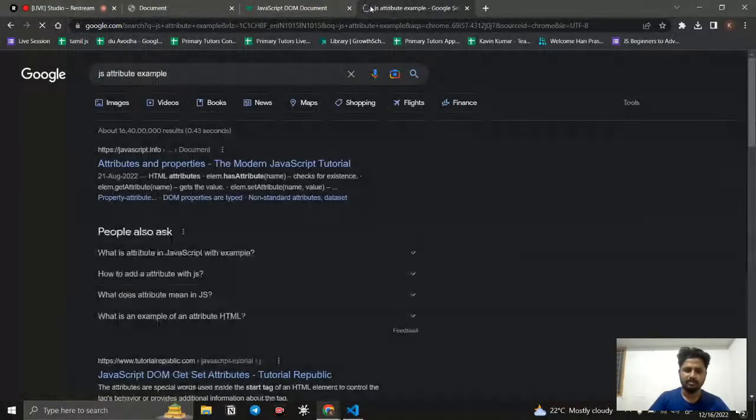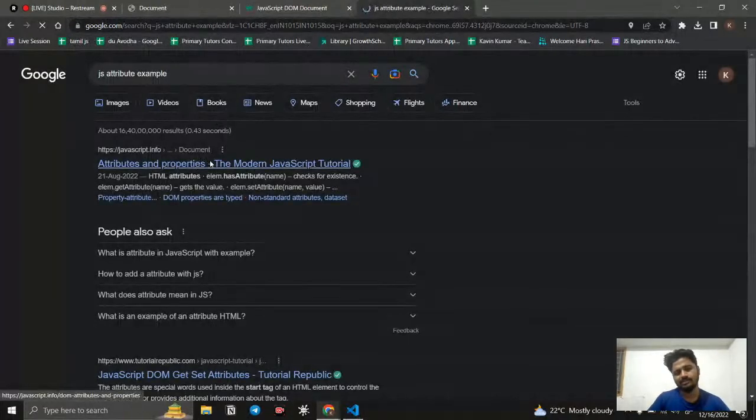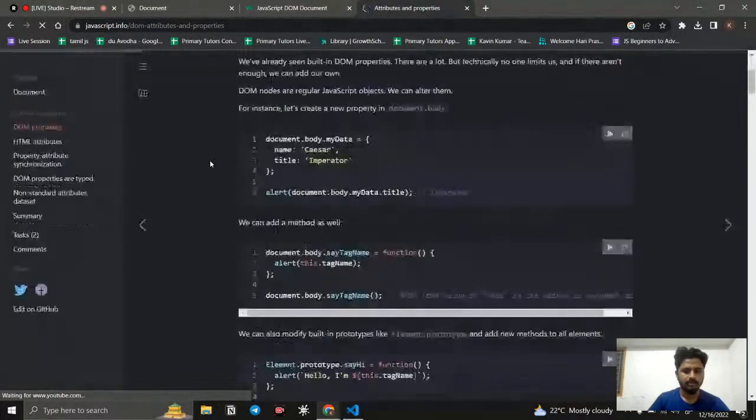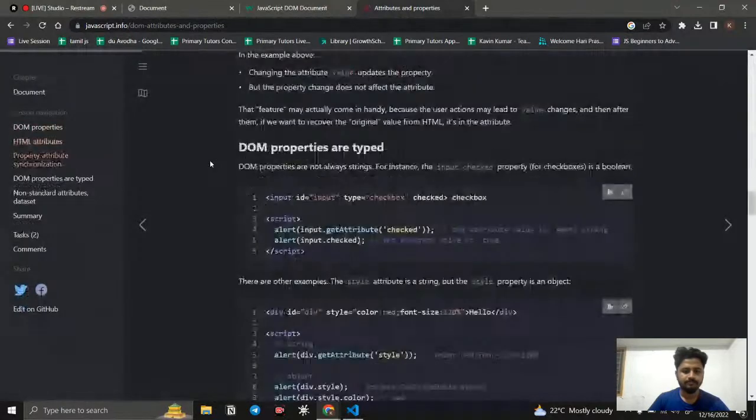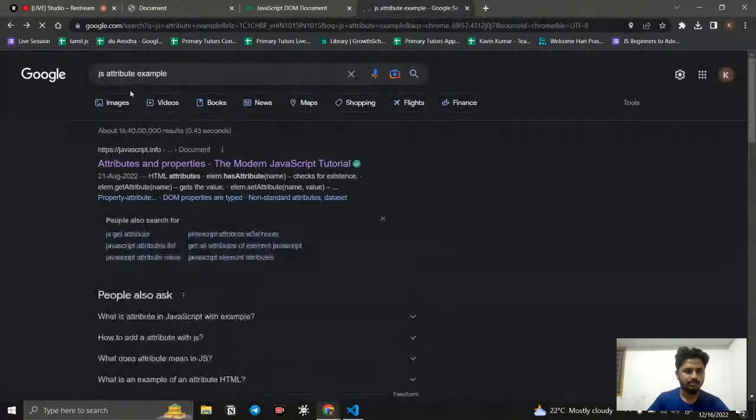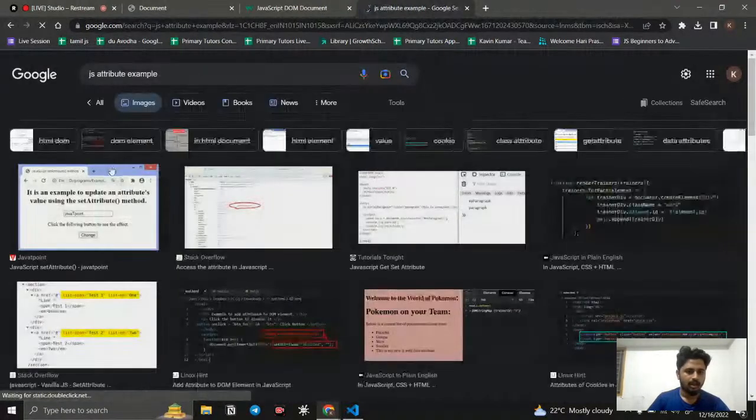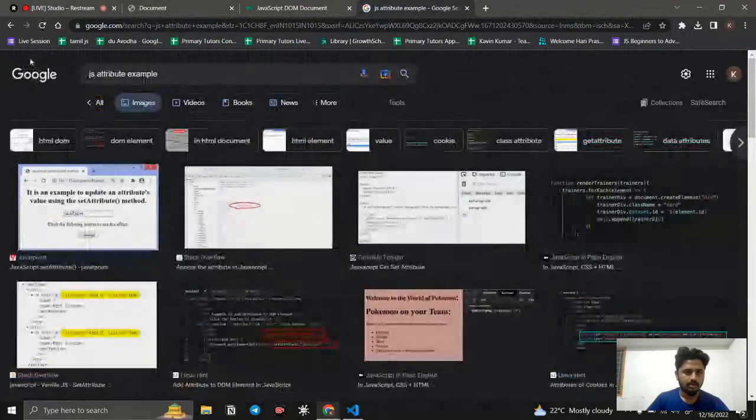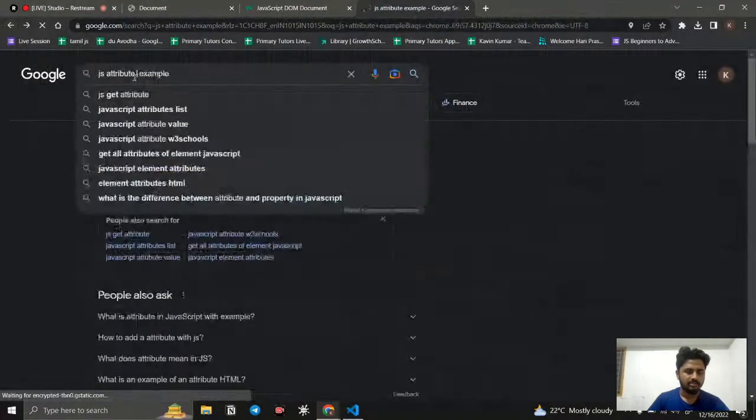You will get a bulb example. I think I've seen somewhere around here. Or we can also practice it. That's fine. I think we will go for the images. Okay, sorry, I just said attribute